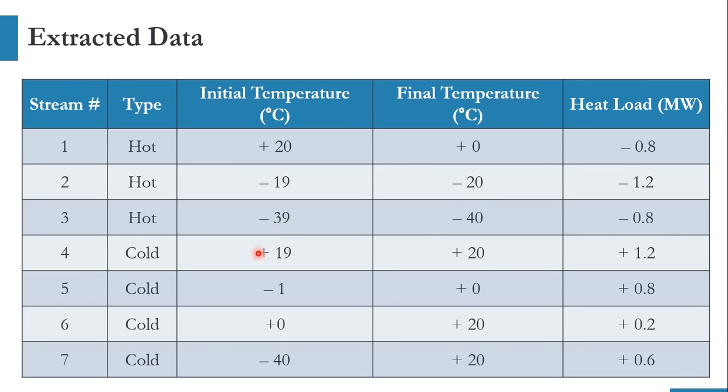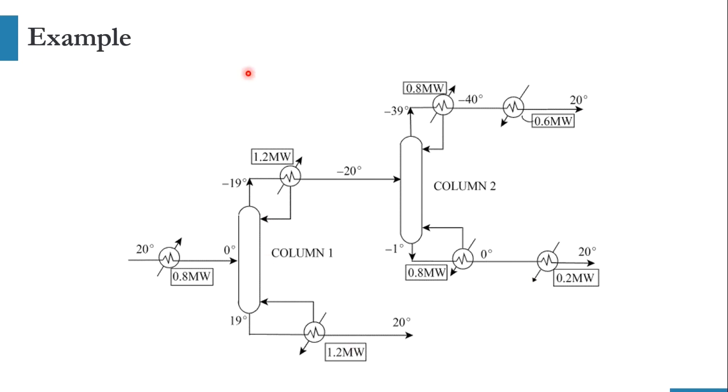20 minus 19, the answer is positive, so it is a cold stream. 0 minus minus 1, so plus 1 is the answer. Cold stream. It is a cold stream and it is a cold stream. So there are 4 cold streams and 3 hot streams in the system, and we have extracted this data from